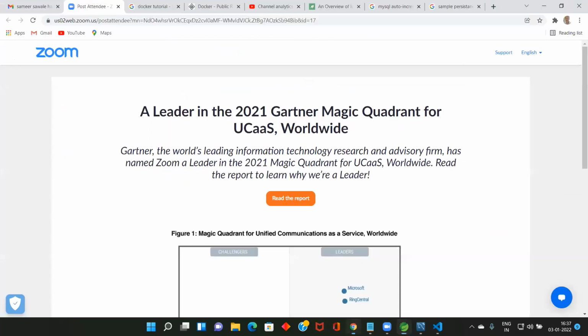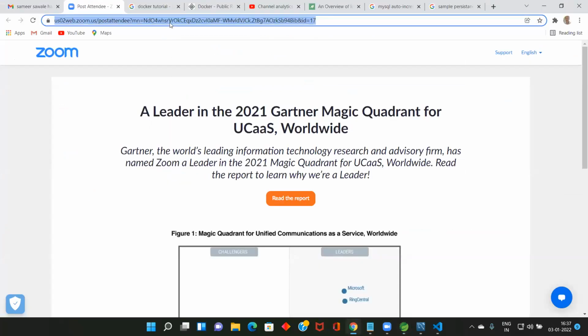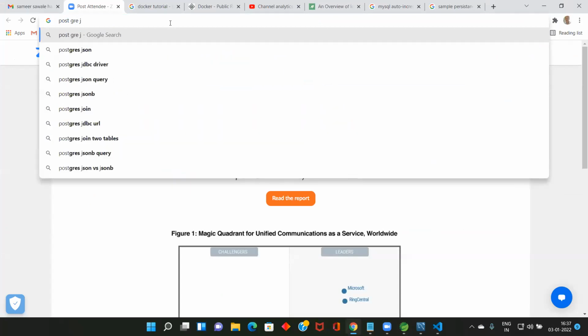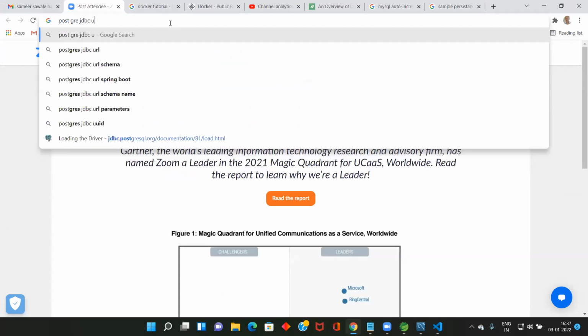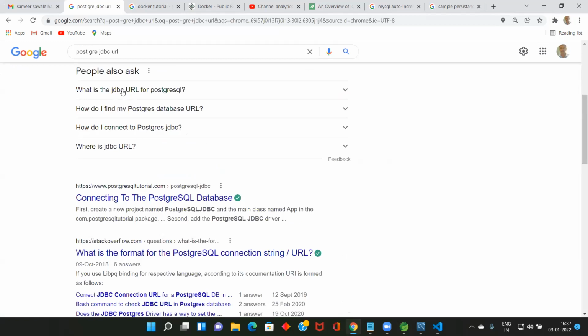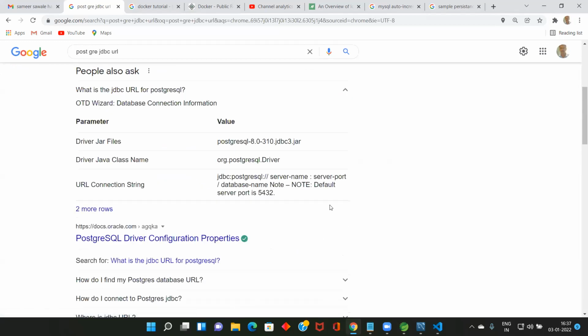If you go to Google and type the PostgreSQL JDBC URL, connecting to the database, JDBC PostgreSQL, this is the driver class name. This is the URL, JDBC PostgreSQL, there it was MySQL.